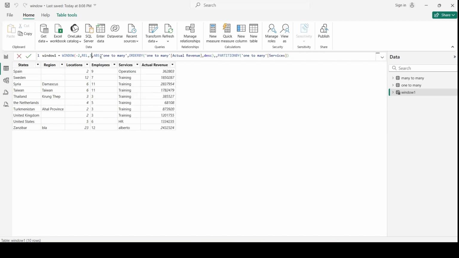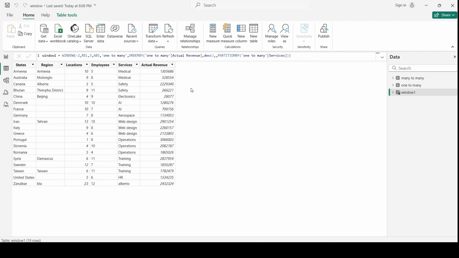What we want to do is go forward. Let's see what will happen. So we get top 3.